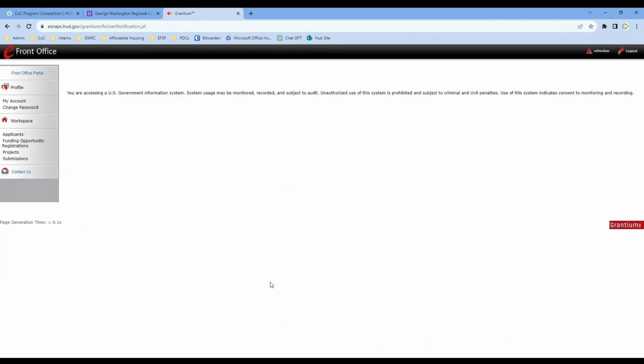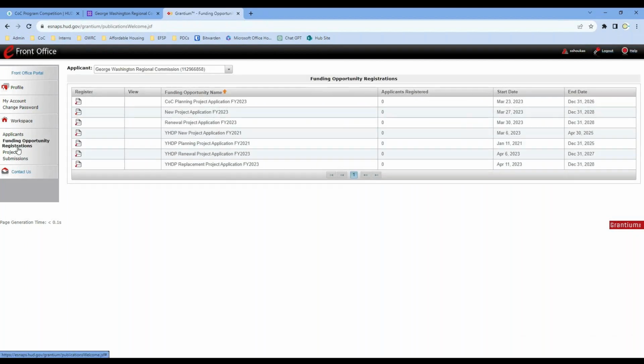So once you actually log in, you'll see this screen. In order to access funding, the first thing that you have to do is register for the funding opportunity and then actually get to the project. And then there are navigation guides. I'll show you where to find that, but just to walk you through it quickly, there are funding opportunity registrations. You'll see all the different funding types. Again, this is where that renewal versus new project comes up. So if you're trying to submit for a renewal of funding, then you would click the renewal project application. If it's a new or expansion, then you're going to use the new project funding application.